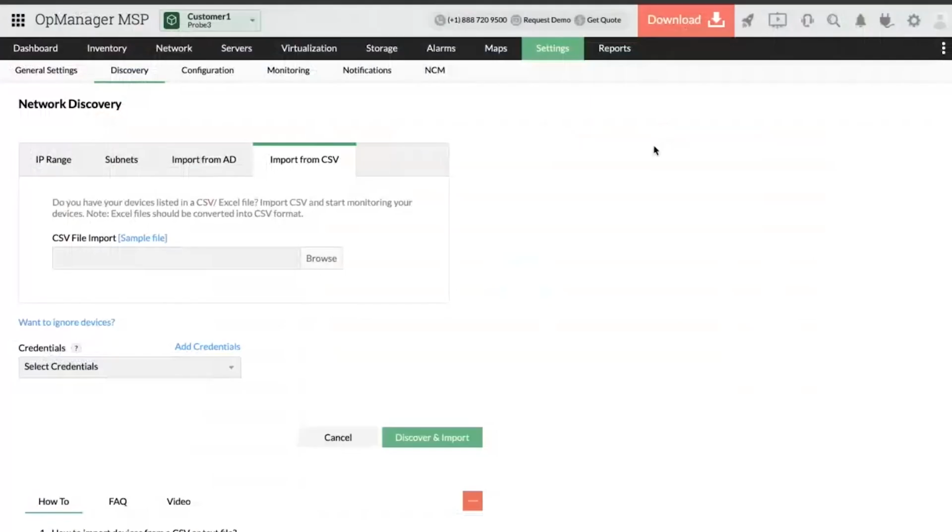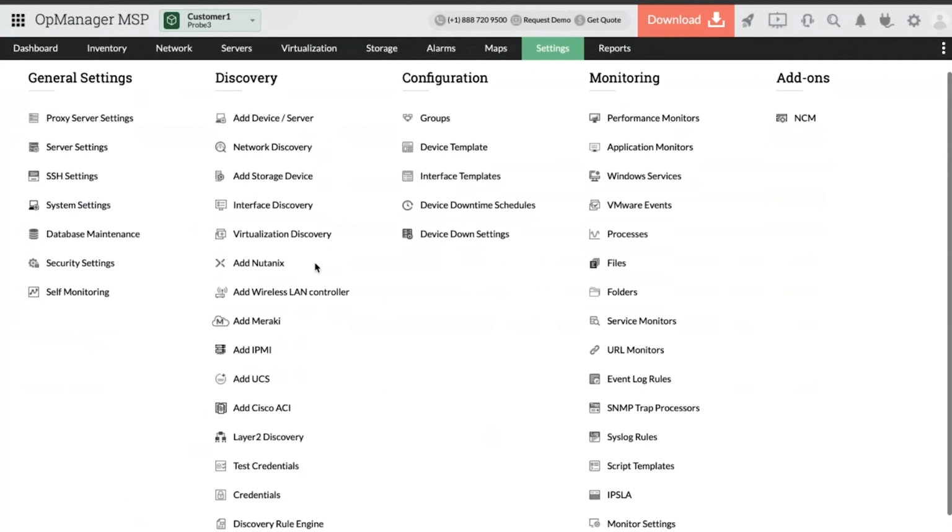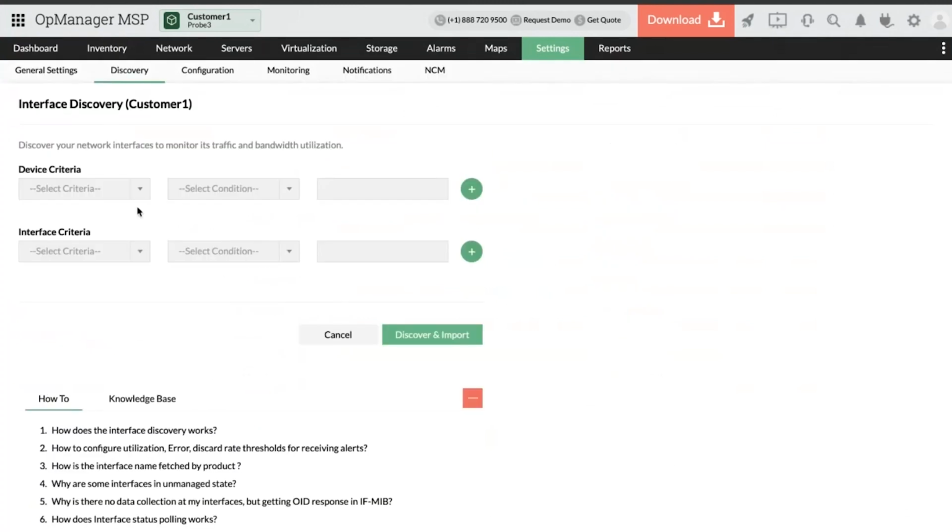So let's see how this works in the product. Let's click on settings again, and under discovery, click on interface discovery. So as you can see, you have the device criteria and interface criteria. So let's pick the device category equals pick server,